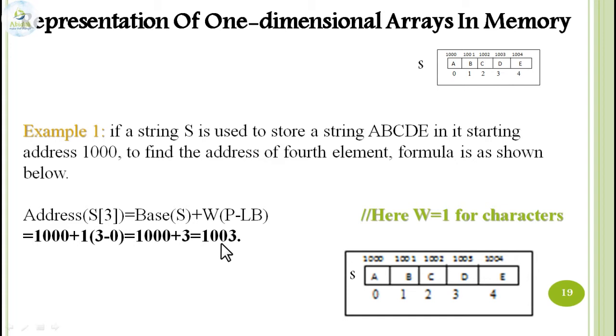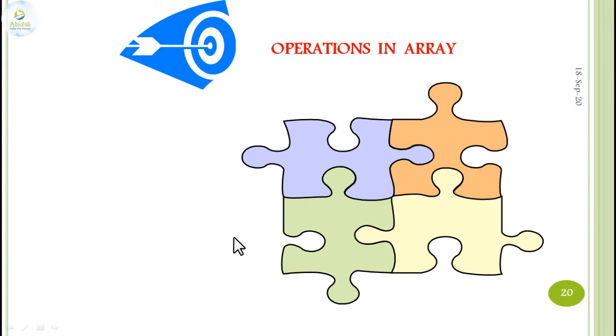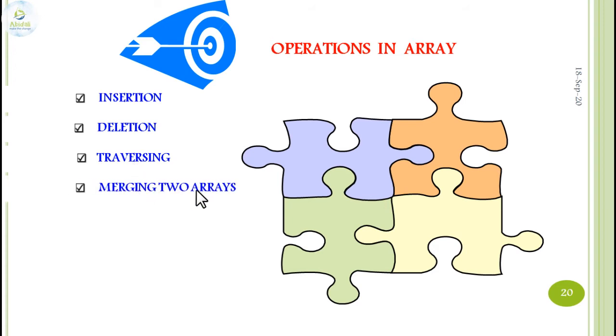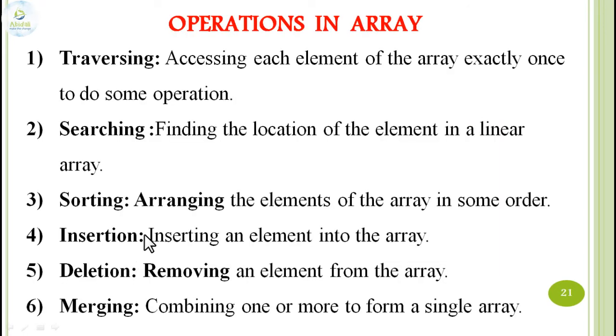So that is one example what we have. So operations that we can perform on a one-dimensional array. There are different operations depending upon which the array can be operated or implemented. The first thing that we have is the insertion, adding an element. Then we have deletion, removing the element. Then we have traversing, visiting. Then we have merging two arrays, combining two arrays, that you can see over here. Then you have searching, finding some element. Then you have sorting, arranging the elements. Let us see one by one and its definition.